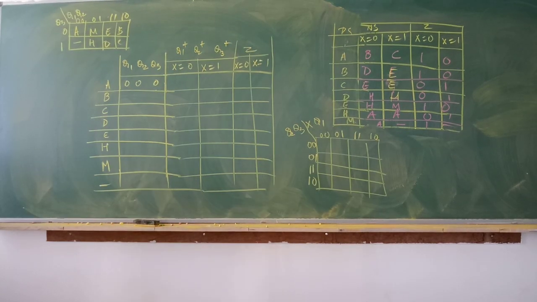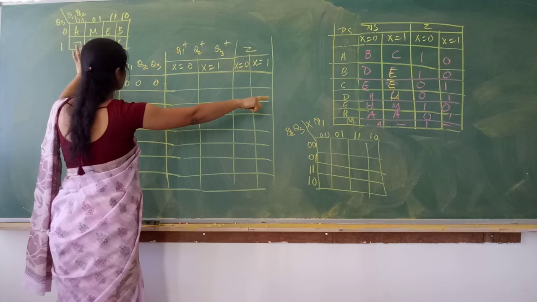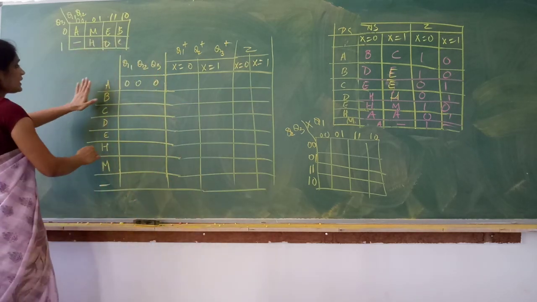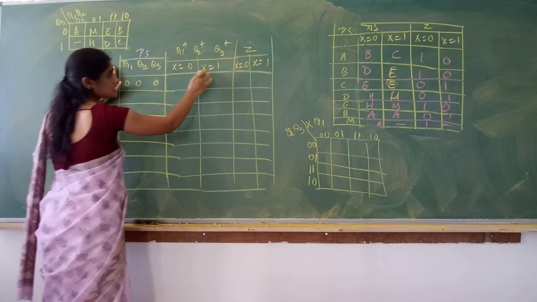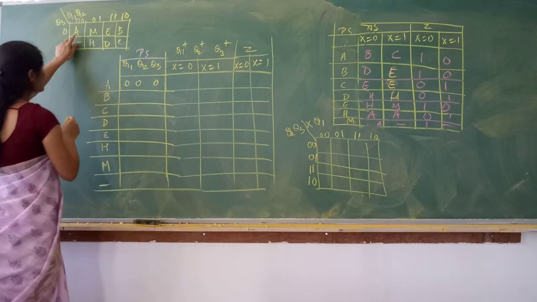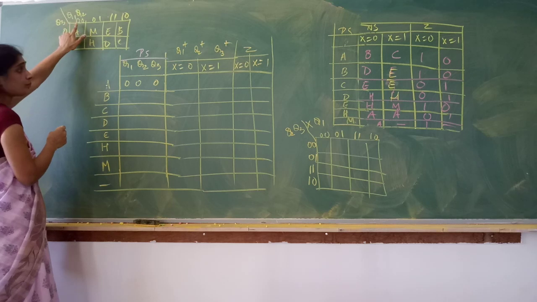Okay. So to write the next table, we require this K-map plus this table. I have kept this map and this table as it is. Now, same present state: this is present state, this is next state when x is 0, when x is 1, and this is output when x is 0, when x is 1. Now if the present state is A, according to the K-map, however you have mapped, write the variables.